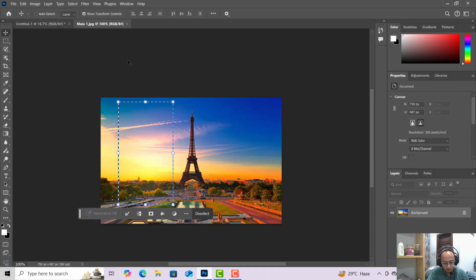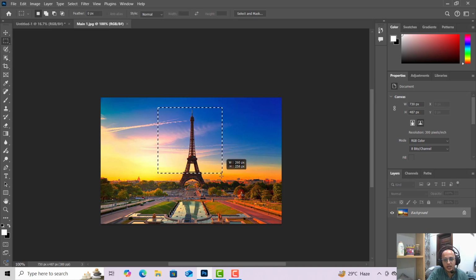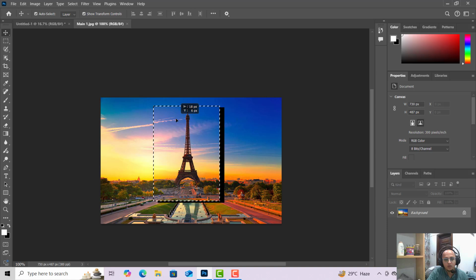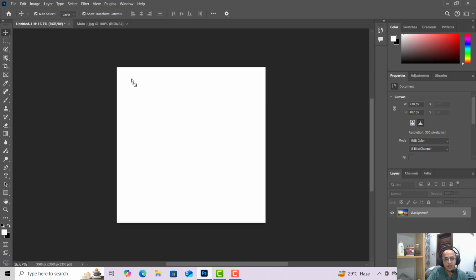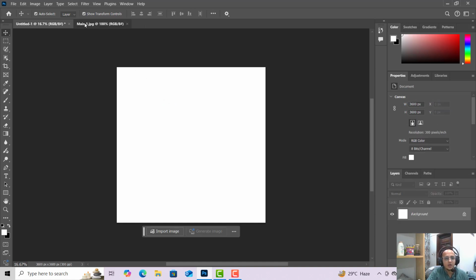To deselect the object, press Ctrl D. Again select the rectangular marquee. This time I am going to select the middle Eiffel Tower area, this part. After selecting the area, go to the move tool and drag it with the mouse to the new document. Same like